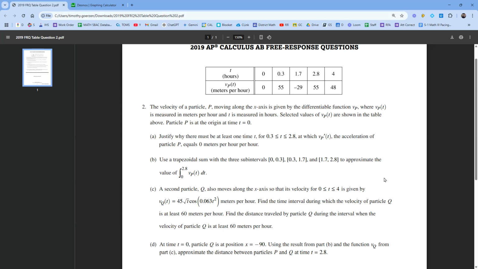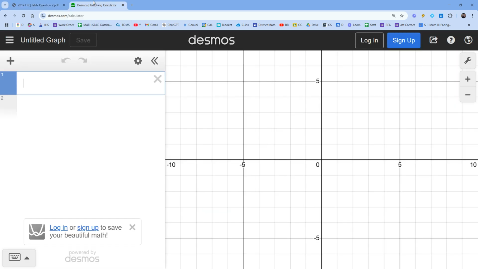Part C. This is what's going to require a calculator, so that's why you see Desmos up here. So I'm going to use Desmos to support here. So it says particle Q also moves along the x-axis and has this velocity, but it's given as an equation rather than a table. Find the time interval which the velocity is at least 60. That means 60 or more from 0 to 4, and then find the distance traveled. So we'll do the first part. I'm going to type this into Desmos. So that's 45